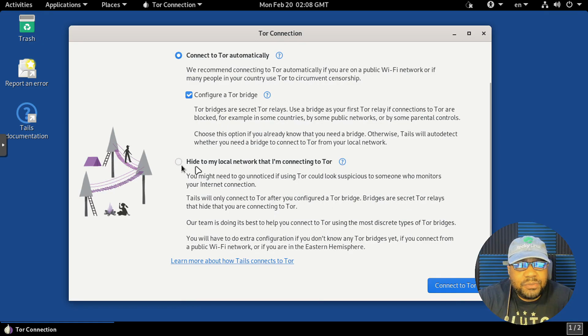So that'll block the internet unless you have a bridge set up. And this just gives you the option up here to set up connecting to Tor automatically and configuring a Tor bridge. But you can still connect to Tor without a bridge. But this will specify if you only want to connect to Tor or if you only can connect to the internet through Tor or not.